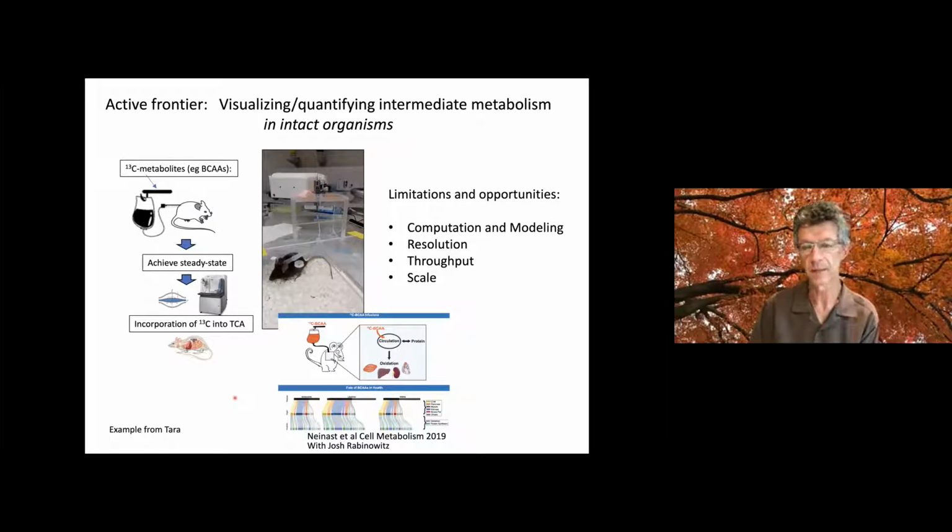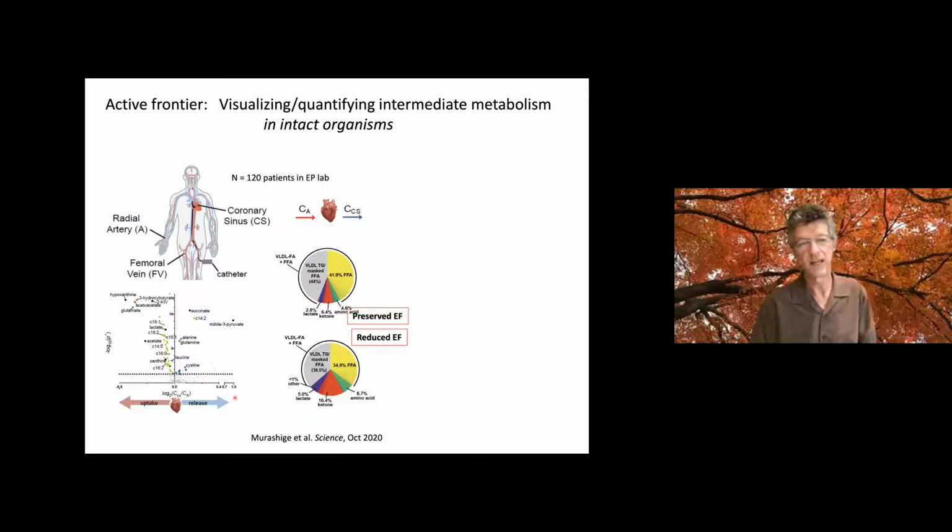The other approach that we've taken to look at organismal metabolism is to actually put catheters in the organism. So for example, a human, that's a good model. You can put catheters in humans, and you can thread catheters, you can have a catheter in the artery, and you can have a catheter in the coronary sinus, which is draining the heart. And then when you compare what's between those two, you can tell what the heart is secreting or what the heart is taking up. And if you do this with enough numbers, you can get highly statistically significant observations, and